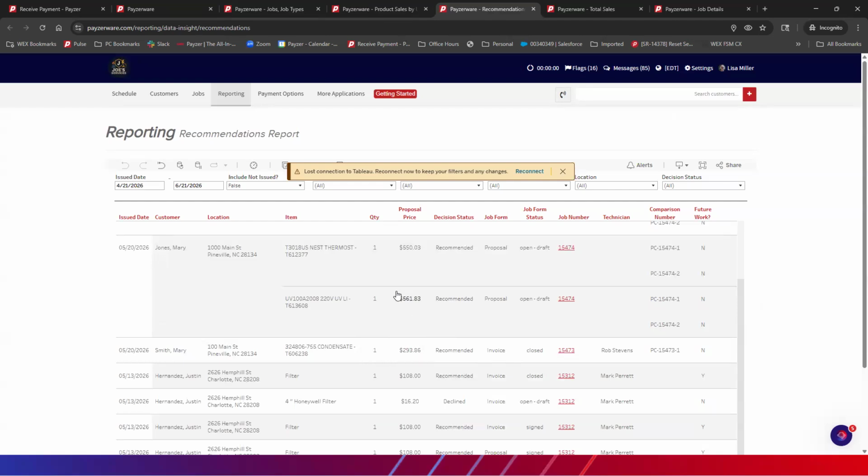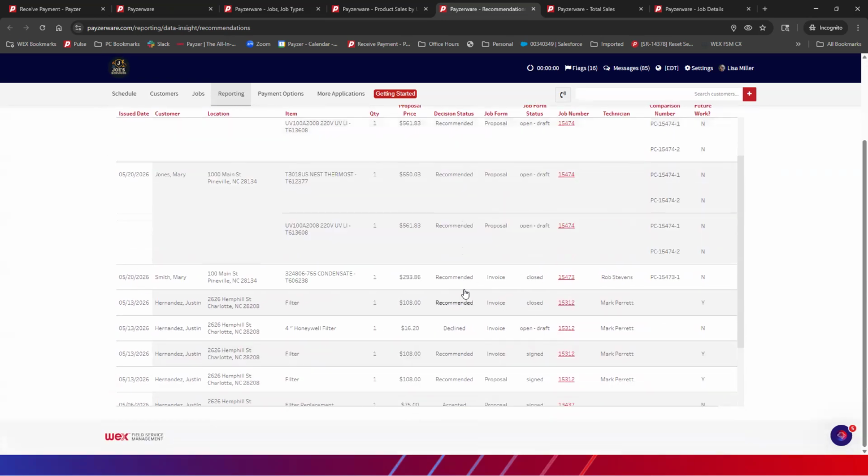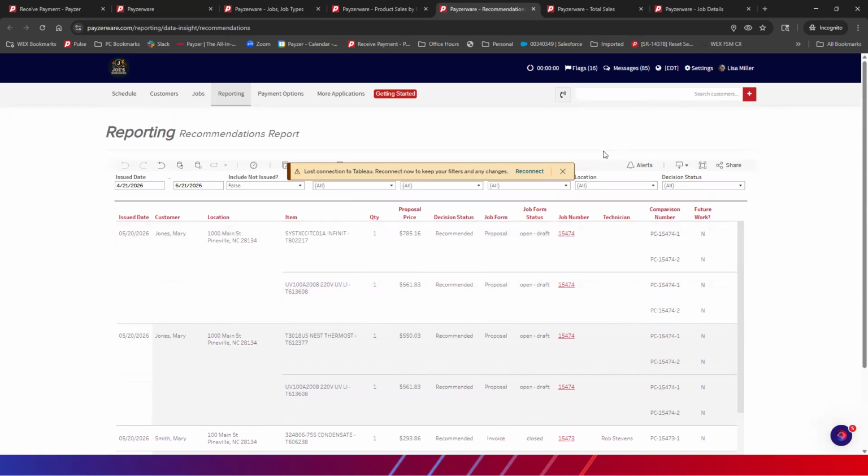And if you're slow, you may say, okay, we were here the other day or a couple months ago, and we offered you this, and we have a little bit of time on our tech schedule right now. We'd like to go ahead and do that repair or replacement for you for that part or that system. And we can give you a little bit better price now because this is our slow time, and we want to increase our sales and get you the item or the repair that you need. So you can use this to go through the recommendations and see if you can use it as an opportunity